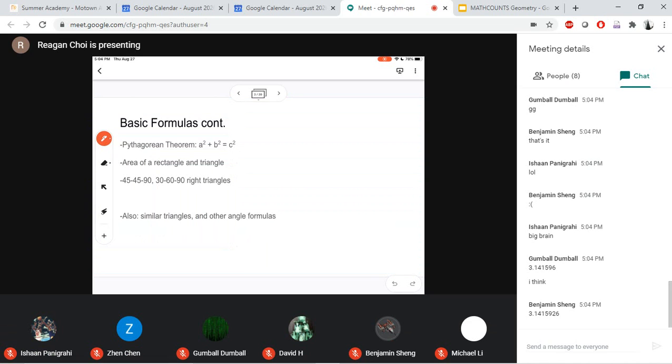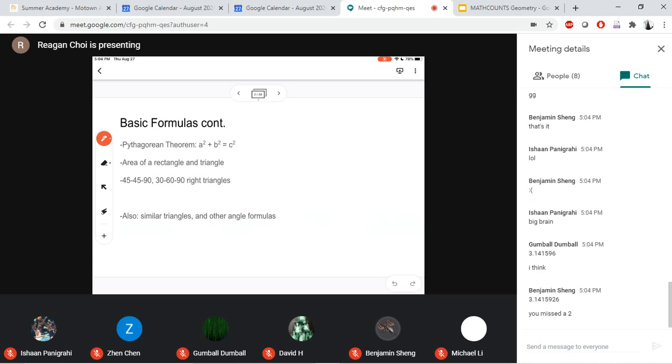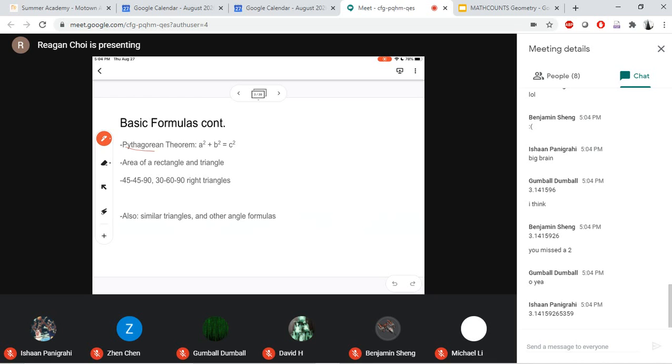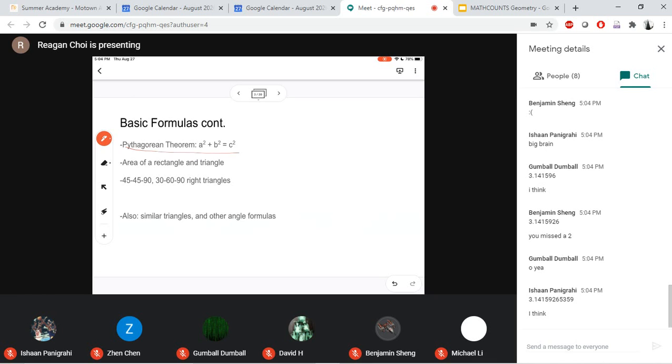And all types of geometry are related. So we're going to have to know some other formulas as well, because you can't just do only circle geometry. So let's go over these. Again, hopefully you should know most of these, but